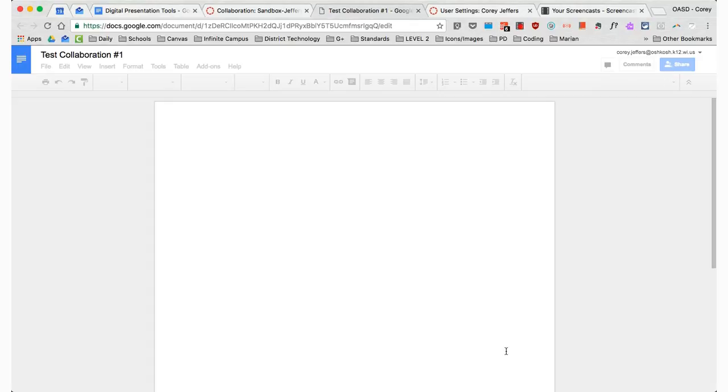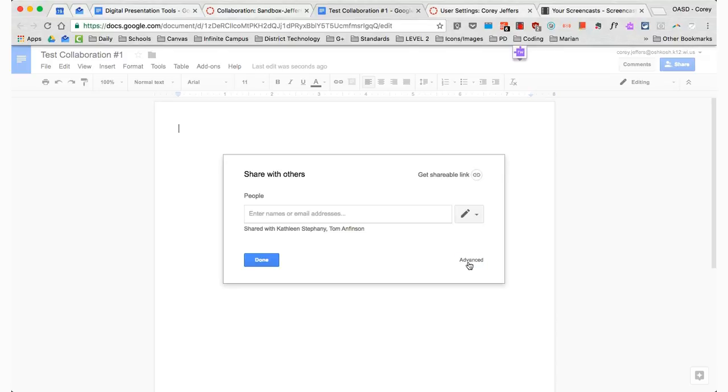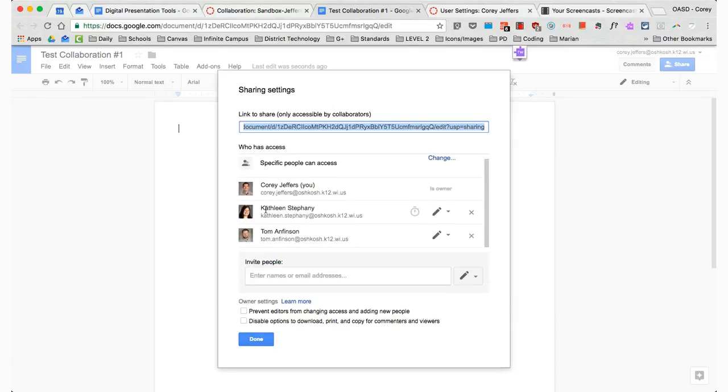And what this will do is it'll take a Google document and share that Google document with both Tom and Kathleen. And it will also title that Google document what I have titled the collaboration. So as you can see up here, it says test collaboration number 1. My share settings are now between me and 2 other people. And those 2 other people are Kathleen and Tom. So you can see I'm the owner because I'm the teacher in this class,